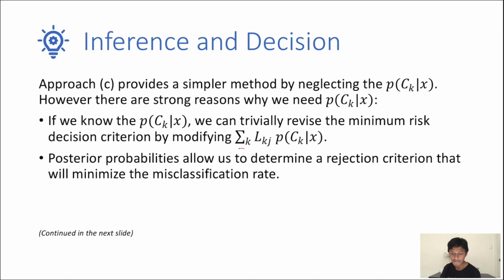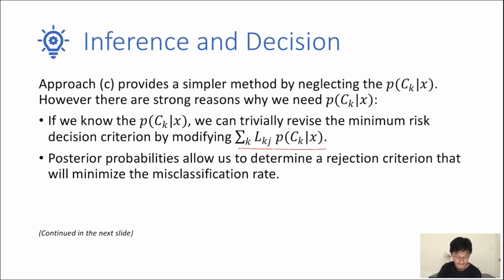If we have only the discriminative function, then any change in the loss metric would require that we return to the training data and solve the classification problem afresh. The next reason is that the posterior probability allows us to use the reject option. If we don't have the posterior probability, we cannot know how to make this reject option. As you know, the reject option can minimize the misclassification rate, so it is better to use